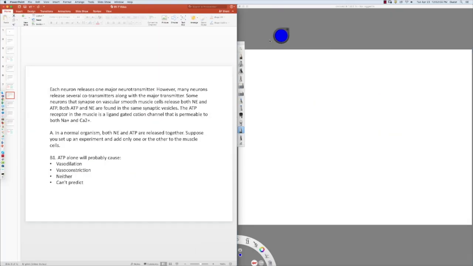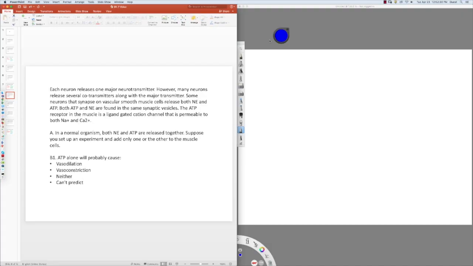Okay, let's move on to problem B1. So B1 is a pretty short one. It asks, ATP alone will probably cause blank. And in the previous problems, A1 and A2, we've established that when ATP binds to its surface receptor, what happens is that Ca2+ will enter from the extracellular side of the plasma membrane into the cytoplasm, essentially,